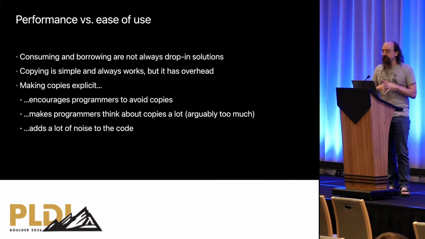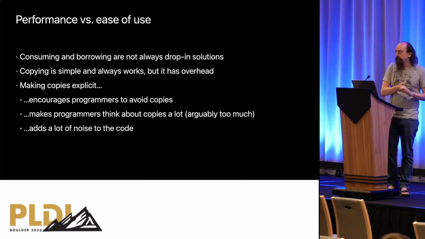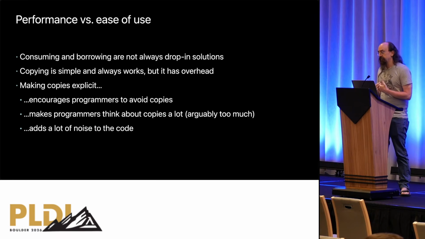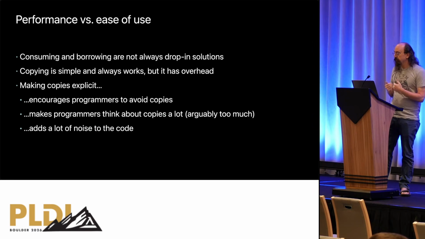There's a clear conflict here between optimizing performance by eliminating copies or making them all explicit and maintaining the ease of use of the language, because we can't always borrow or consume, which are these efficient things that we know how to do. Making copies explicit would encourage programmers to find clever ways to optimize to avoid that. But that's not necessarily a good thing for the language. In a lot of code, a few extra value copies are unlikely to ever show up on a performance profile, and worrying about them isn't a good use of programmer time.